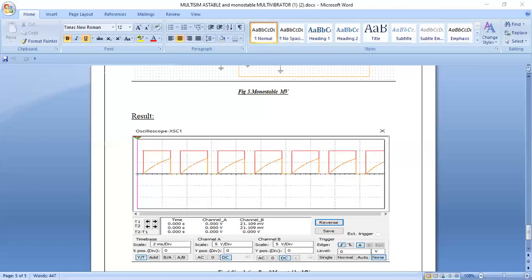Monostable multivibrator is also called a one-shot multivibrator. It is a pulse generating circuit in which the duration of the pulse is determined by the RC network connected externally to the 555 timer. In the stable or standby state, the output of the circuit is approximately 0, or at logical low. Just look at this, I have taken this 555 timer, an oscilloscope, as well as a function generator, which is also called a signal generator.